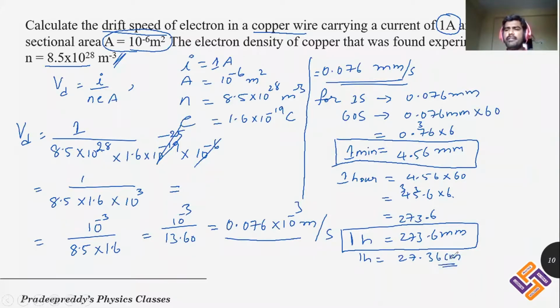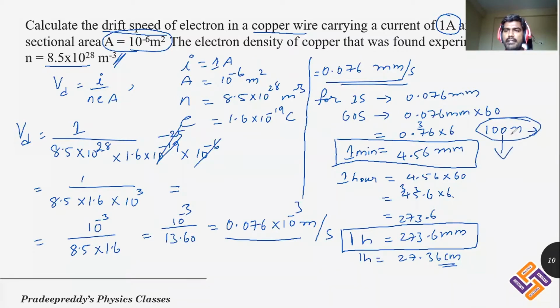It is a very, very small length. It's not even 1 kilometer. If you look at the drift speed of the electron as 0.076 millimeter per second, for a whole 1 hour it is just traveling a length of 27.36 centimeter. But when you switch on a bulb immediately, maybe it is at a distance of 1 meter from your home, or even 100 meter from your home. A bulb can be 100 meter from your home, right?